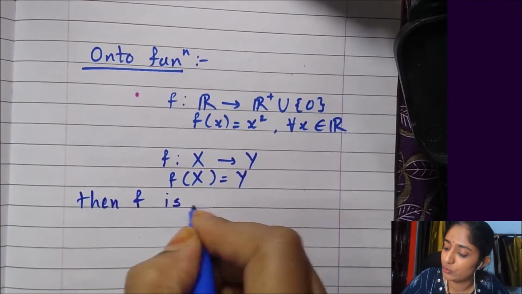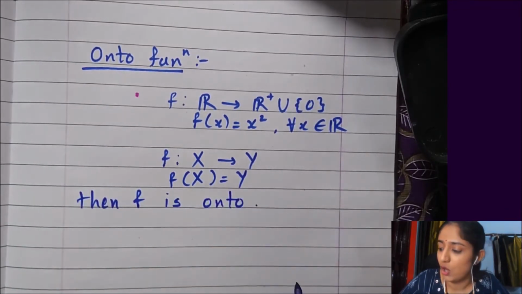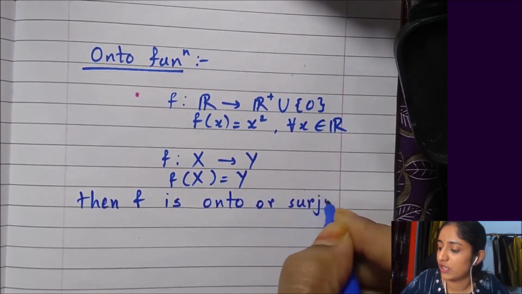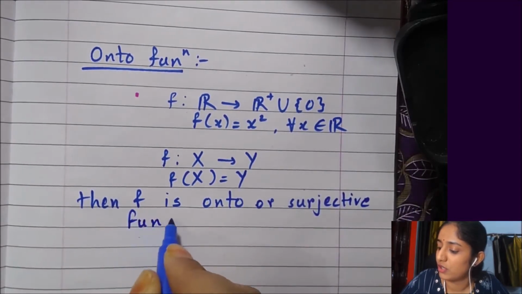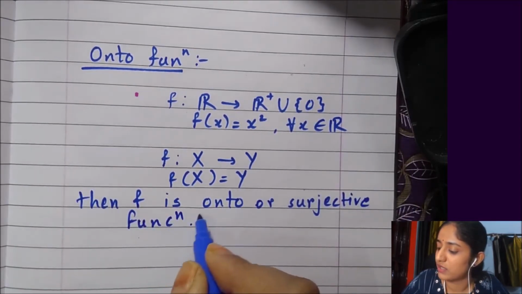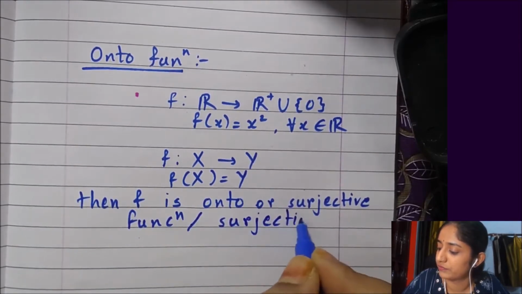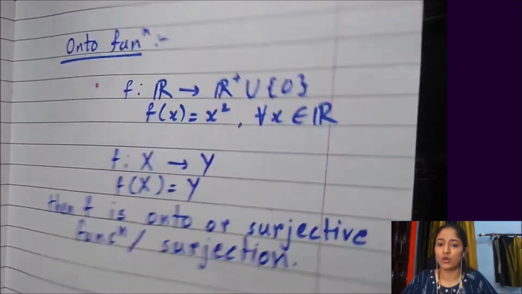Then f is said to be an onto function, or surjective function, or simply a surjection. F is just a surjection. More rigorously, if we want to define an onto function, we can define it as